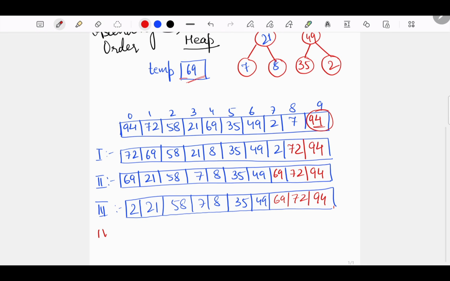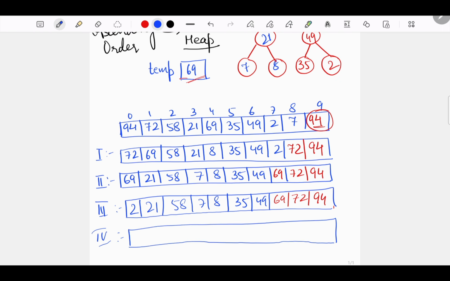Now if I store the now created heap, it will be like this: 58, 21, 49, 7, 8, 35 and 2 here, and these are the deleted elements.